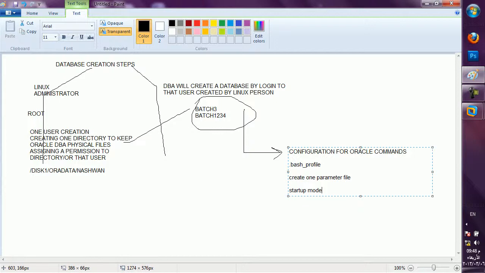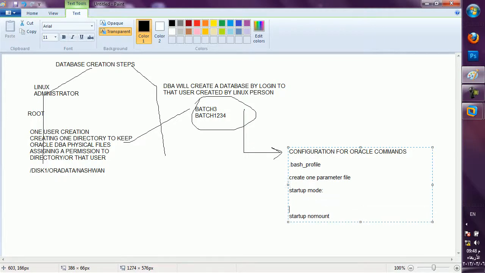Otherwise the complete command is startup open. Means if the database is already there, I just want to open my database and work in it. But till now I do not have my database. So for creating a new database, the type of startup will be nomount.